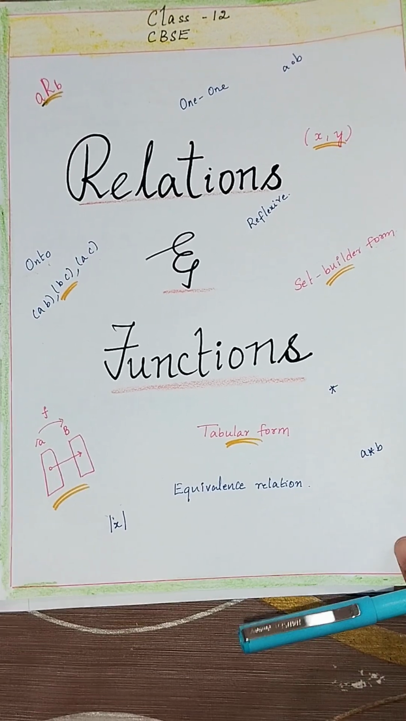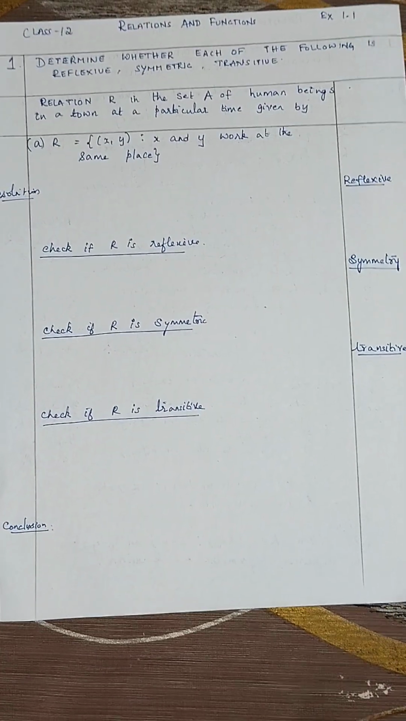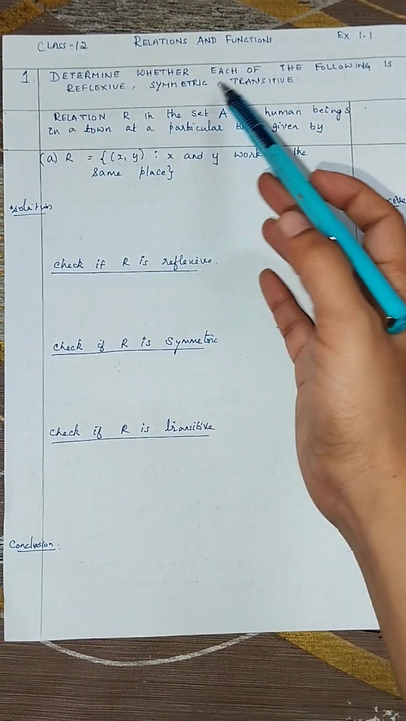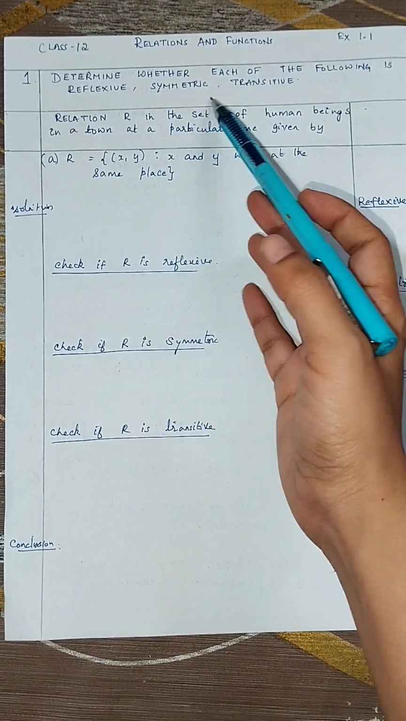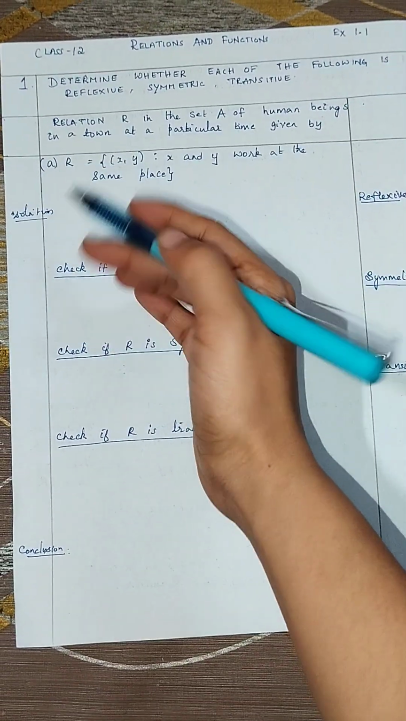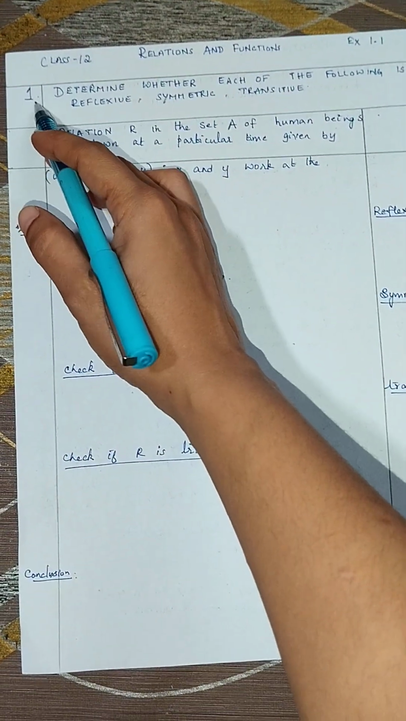Relations and Functions, Class 12, Exercise 1.1. Determine whether each of the following is reflexive, symmetric, transitive. So this is the first question